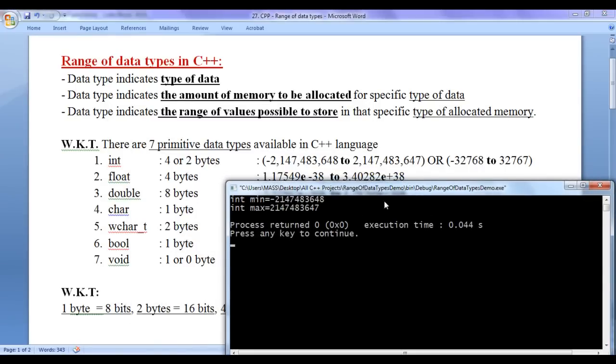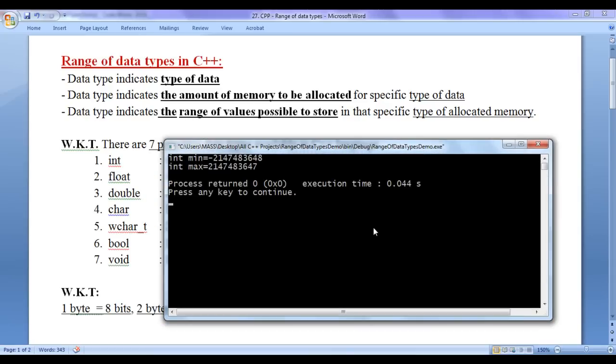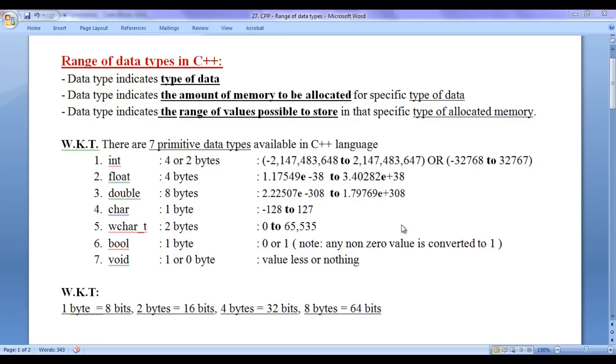You can compare. We have 2,147,483,647. So we have successfully displayed the minimum value possible to store and the maximum value possible to store inside 4 bytes of integer type memory. I hit enter to close the console window.